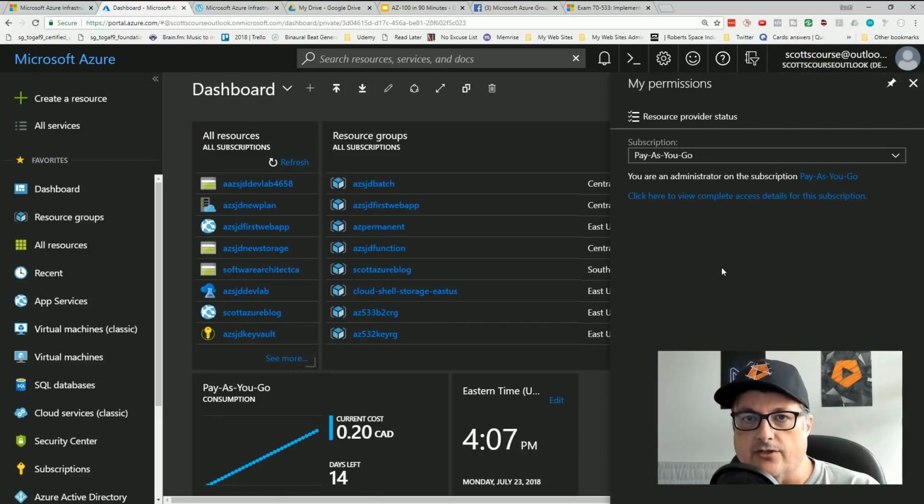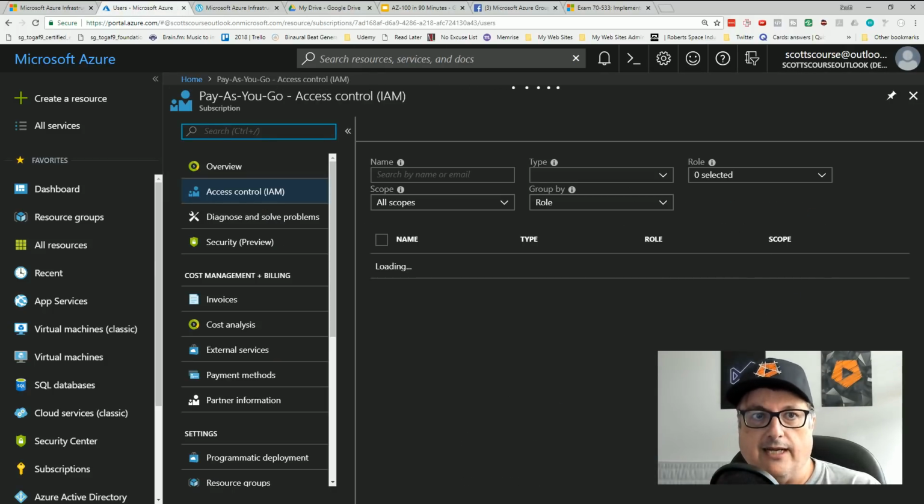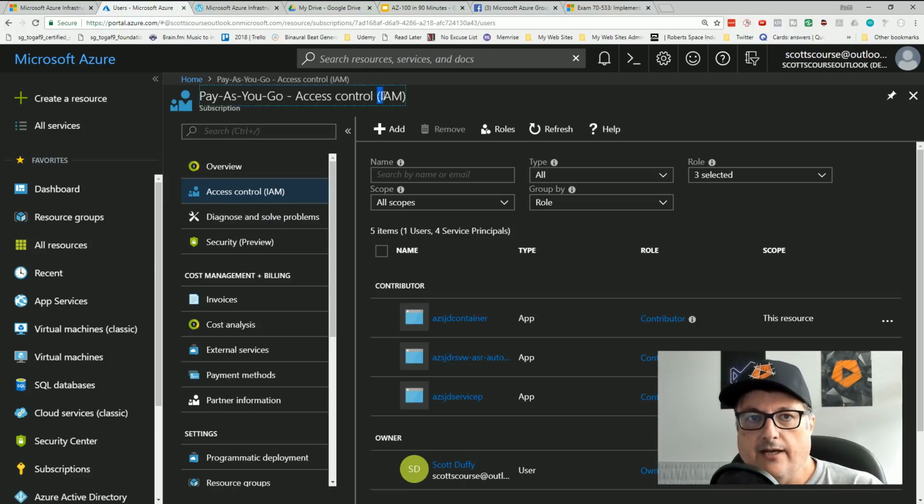As a user, I am the administrator of this subscription. Let's go into complete access details. Funny, Azure now has an IAM panel. That's definitely a term from AWS, right? AWS has their IAM as well.